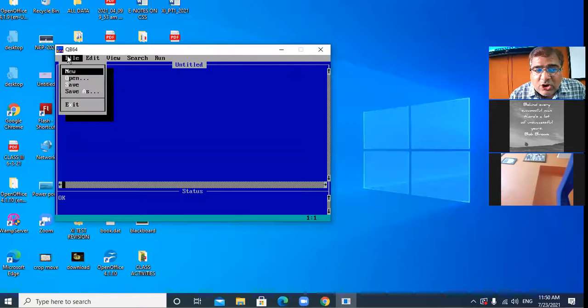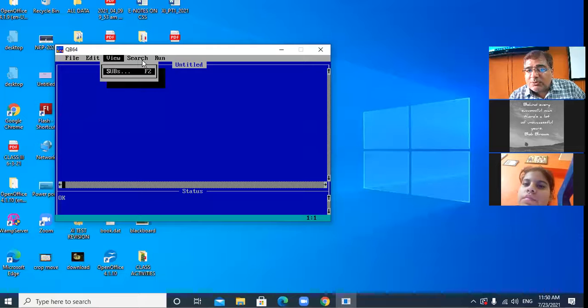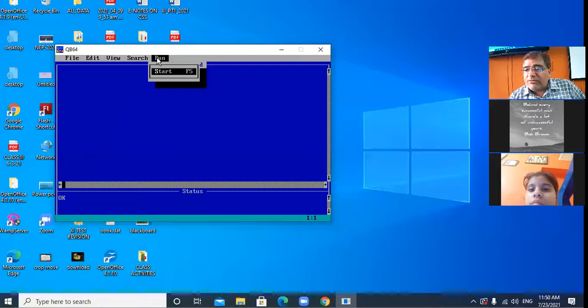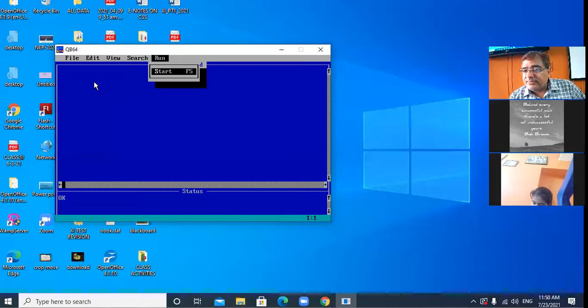Now, when you click on any menu, some options will be displayed from where you can select any desired option. Clear? Am I clear up till here?